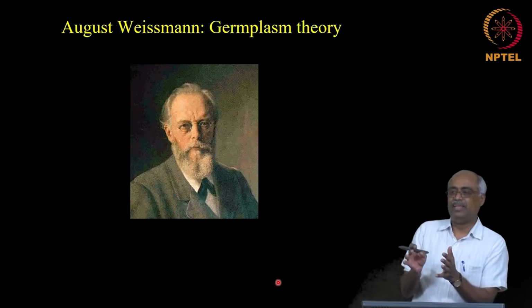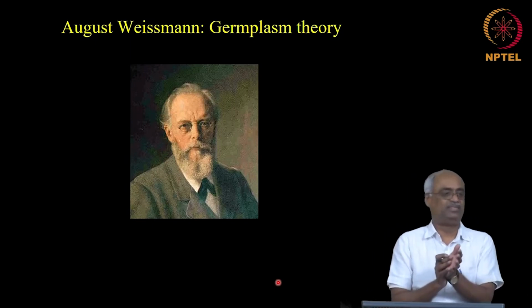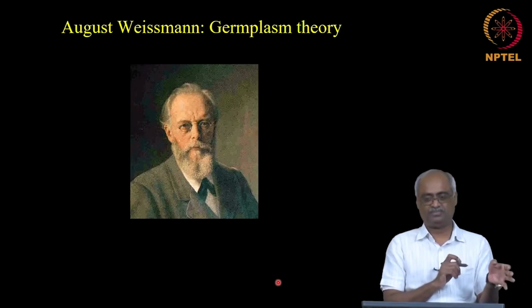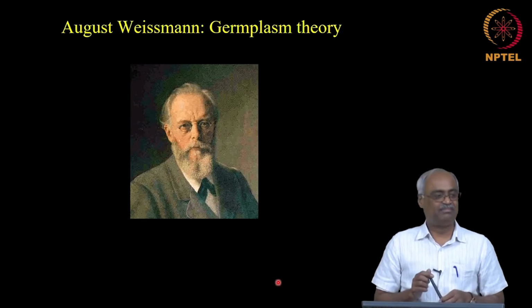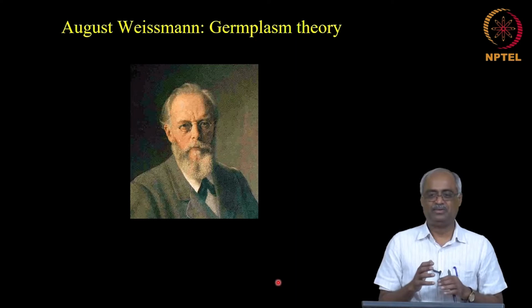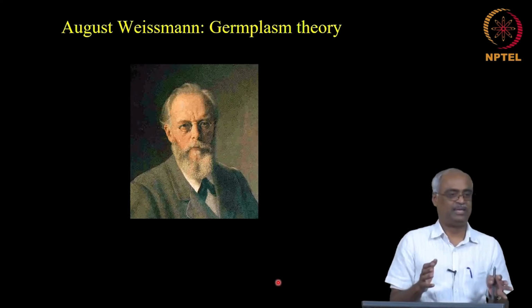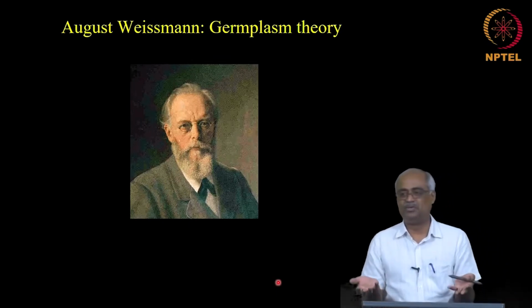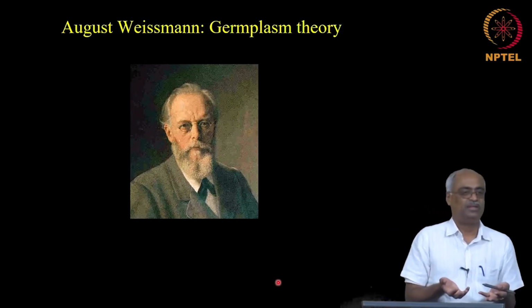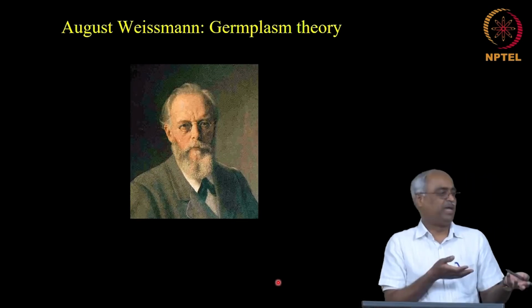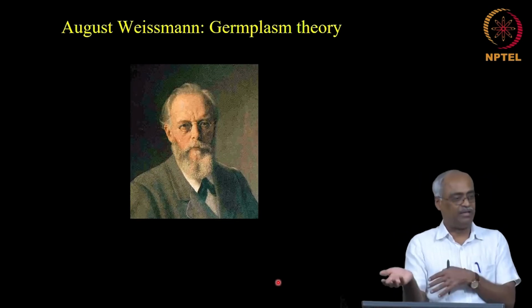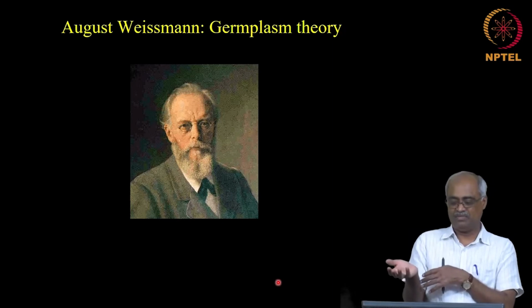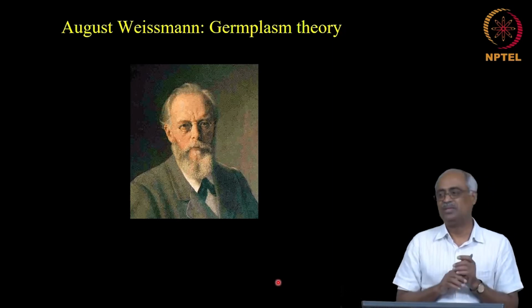So, these are all evidences that are being stacked to show chromosomes matter, and you now obviously have a question. The question is, if all cells have the same chromosomes and chromosomes direct development, then how do different kinds of cells come about? How come the same set of chromosomes makes my heart and makes my lungs as well, right? How is that possible? So, that is a big question.